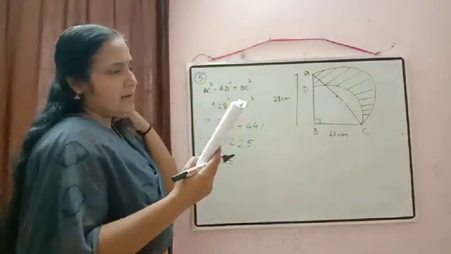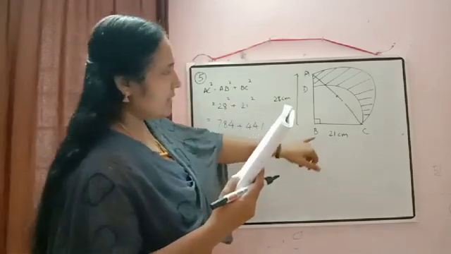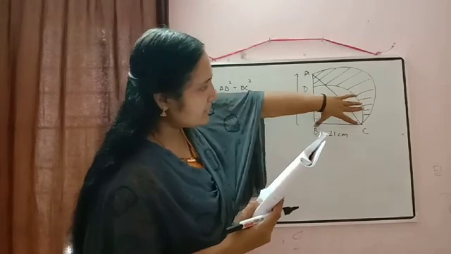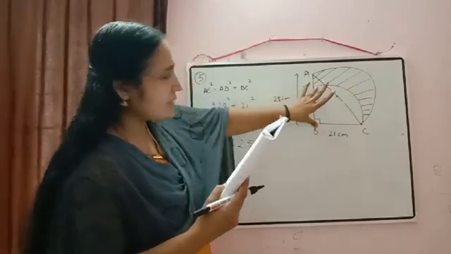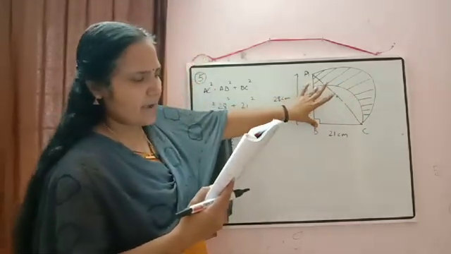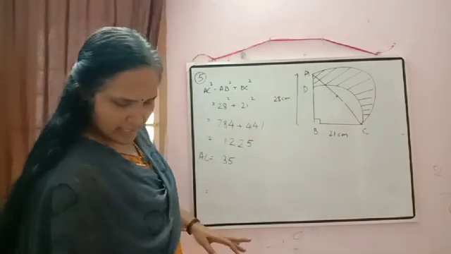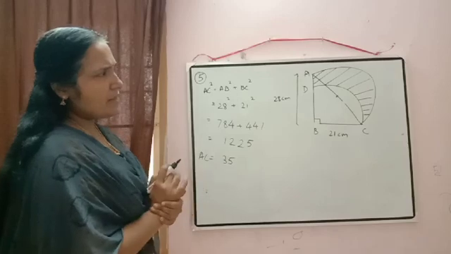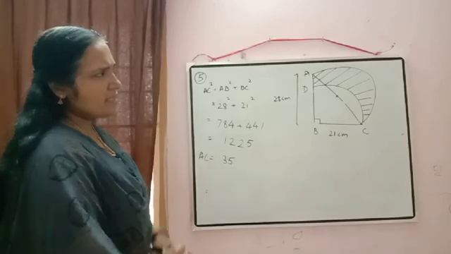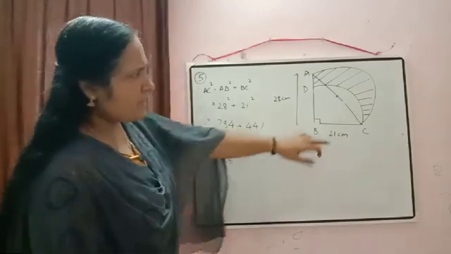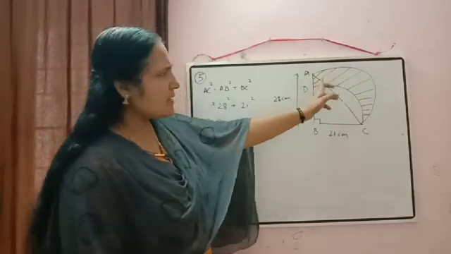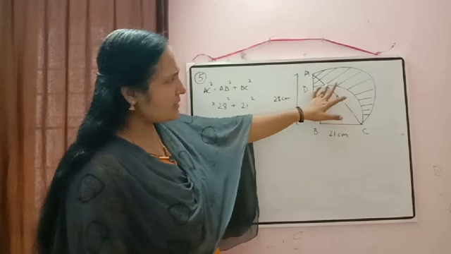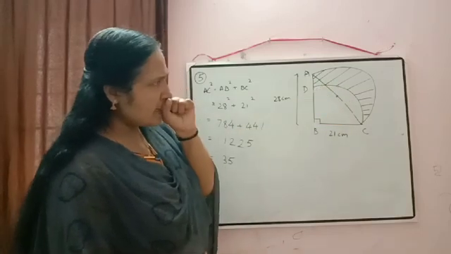So now here a quarter circle is drawn here. With BC as the radius, a quarter circle is drawn. Find the area of shaded region correct to 2 decimal places. So can you tell me how we will calculate the area of that shaded region? From the area of semicircle, if we will subtract this one, but how we will subtract, that is not coming here. Okay, then